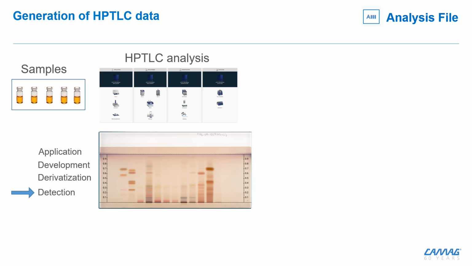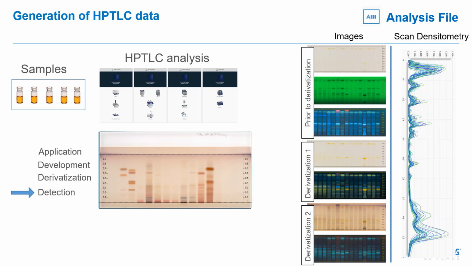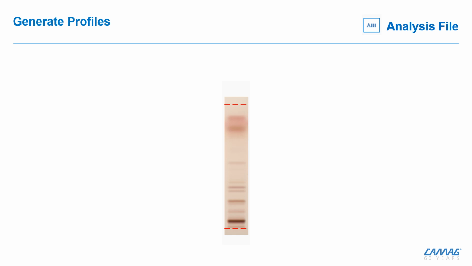Once the analysis is done, data can be generated primarily in two ways: high-resolution images recorded under multiple illuminations, and densitometric scanning by the TLC scanner at selected wavelengths. The new tools, whether the peaks analysis or the classification, operate only on the peak profiles. These profiles can be derived directly from scanning,